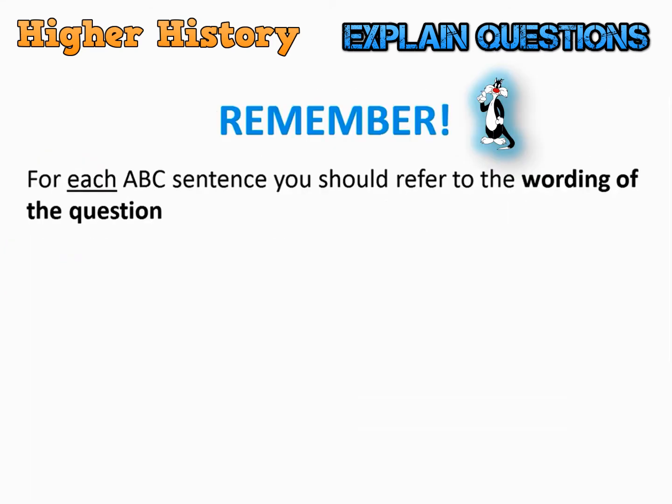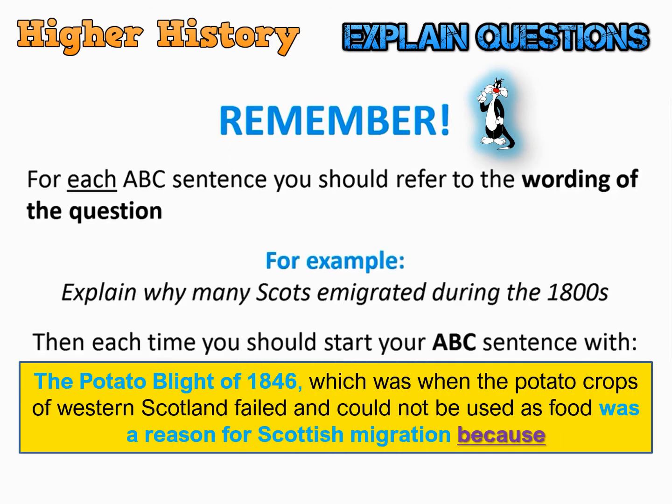Key point to remember when you are structuring your answers. For each ABC sentence that you make, you need to refer to the wording of the question. So, for example, if the question was explain why many Scots emigrated during the 1800s, each time you need to start your ABC sentence with something like the reason, so in this case the potato blight of 1846, explain a little bit about what that reason was, a reason for Scottish migration, so there's our link to our question, and